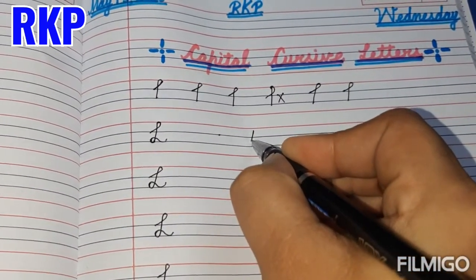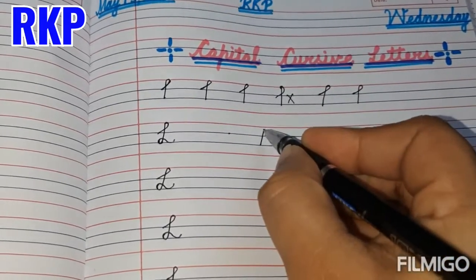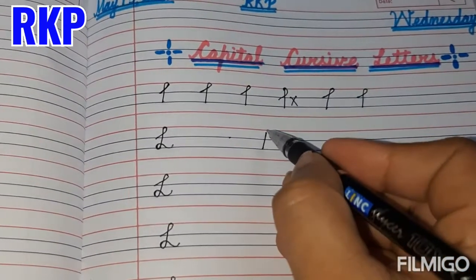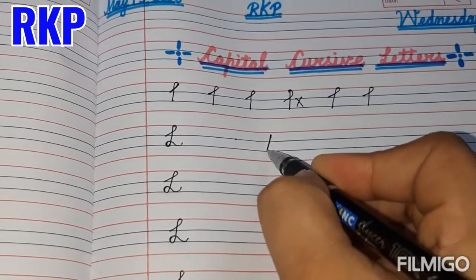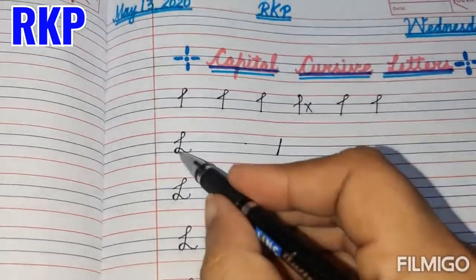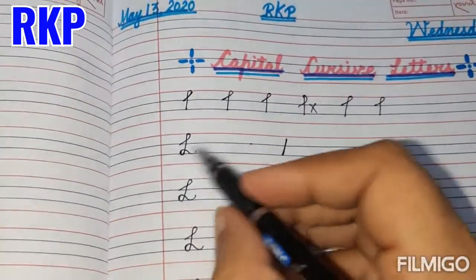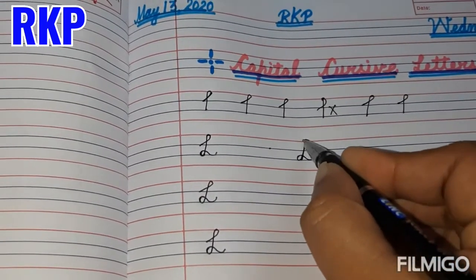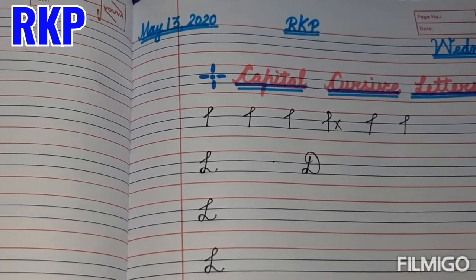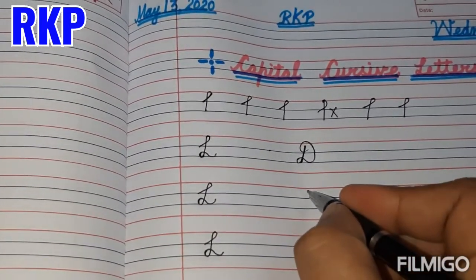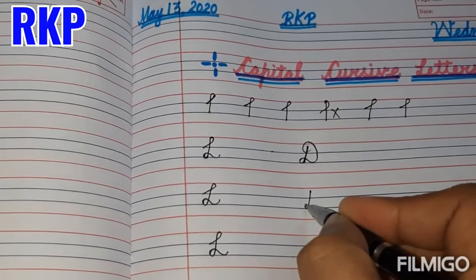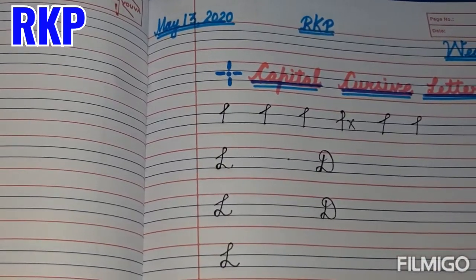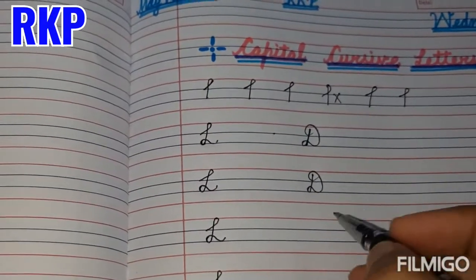Make a slanting line. See, little bit gap is there. I haven't touched the upper line. Fine. Below the upper line you are to start this. Make a slanting line. Same loop you are to make again. Make a loop. Touch this line and directly go upper and do like this. This is D. Look again. Do like this. Make a loop, turn it and leave it freely. This is capital D. Look once again.